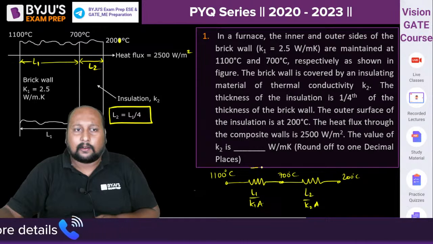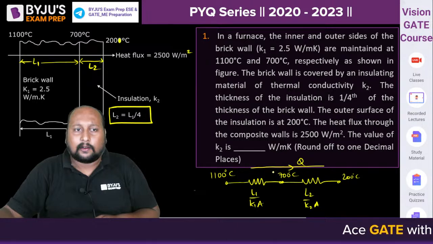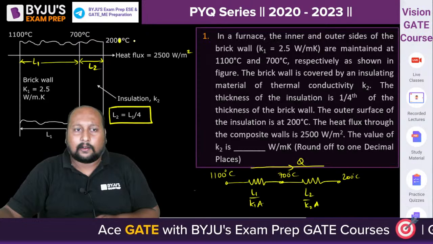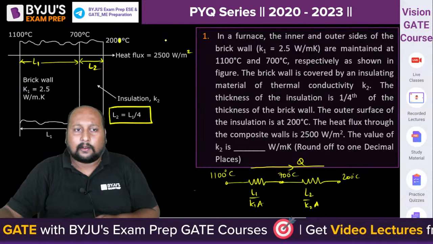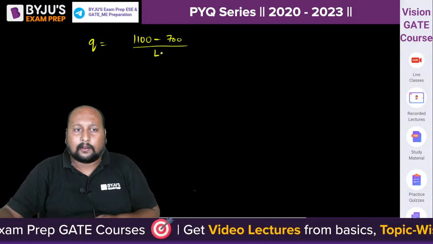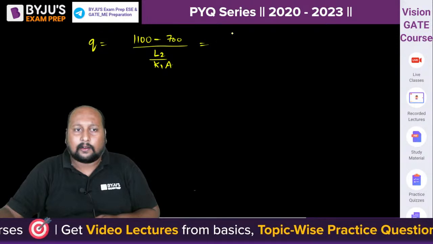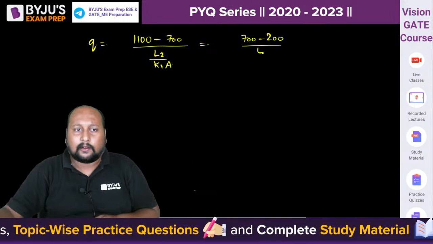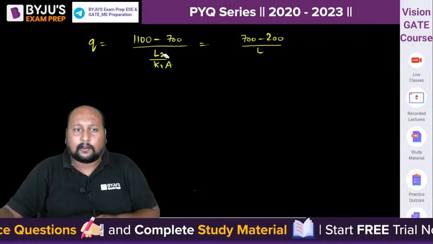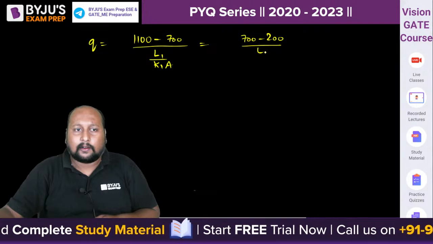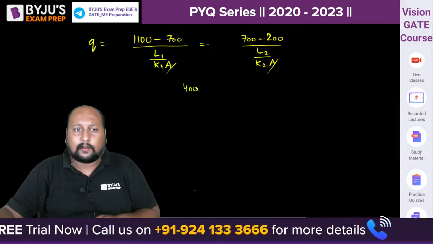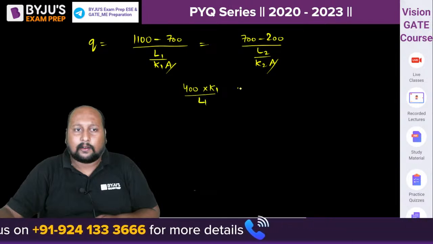Because both are connected in series, can we say the same heat will be flowing throughout the two composite bodies? Equate these two, because temperature is given, so you can easily calculate. So heat transfer or heat flux is equal to 1100 minus 700 divided by L1 by K1 into A. That is also equal to 700 minus 200 divided by L2 by K2 into A, right? A gets cancelled out. This is your 400 into K1 by L1 is equal to,